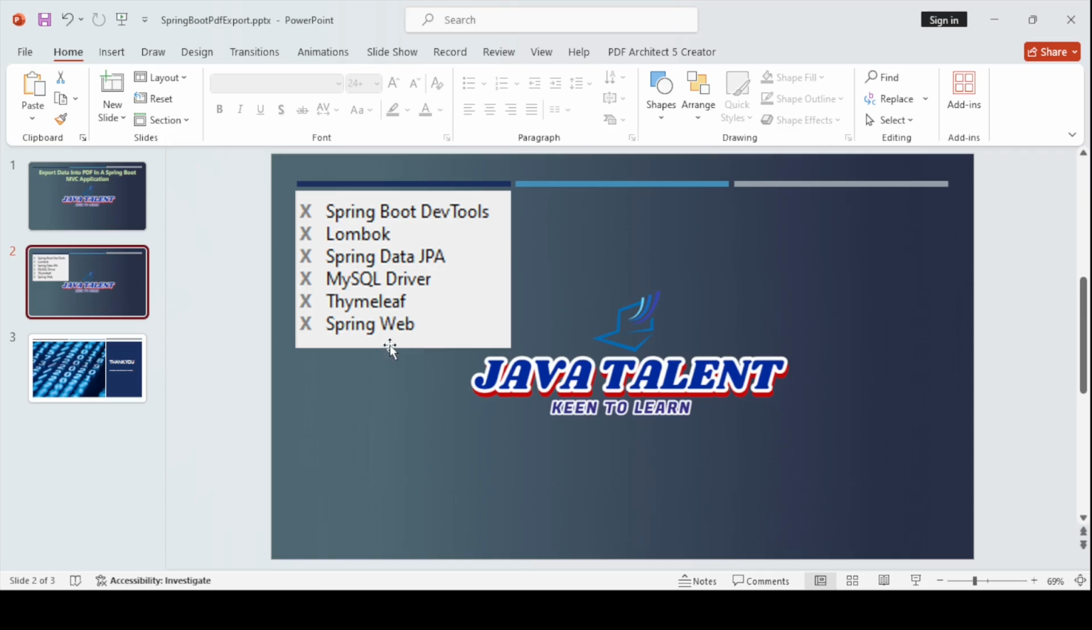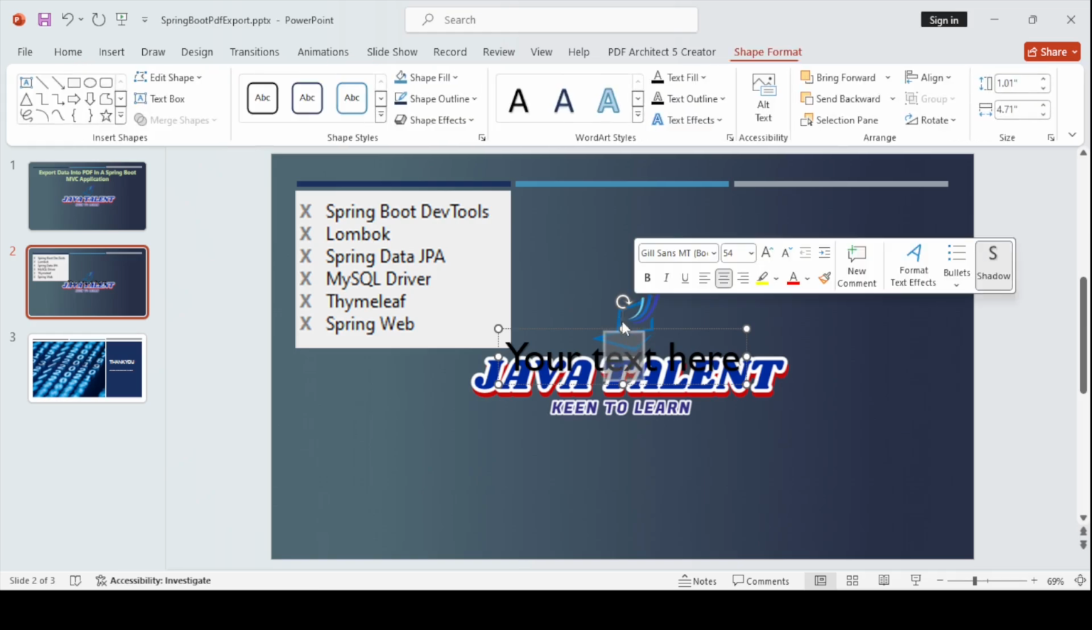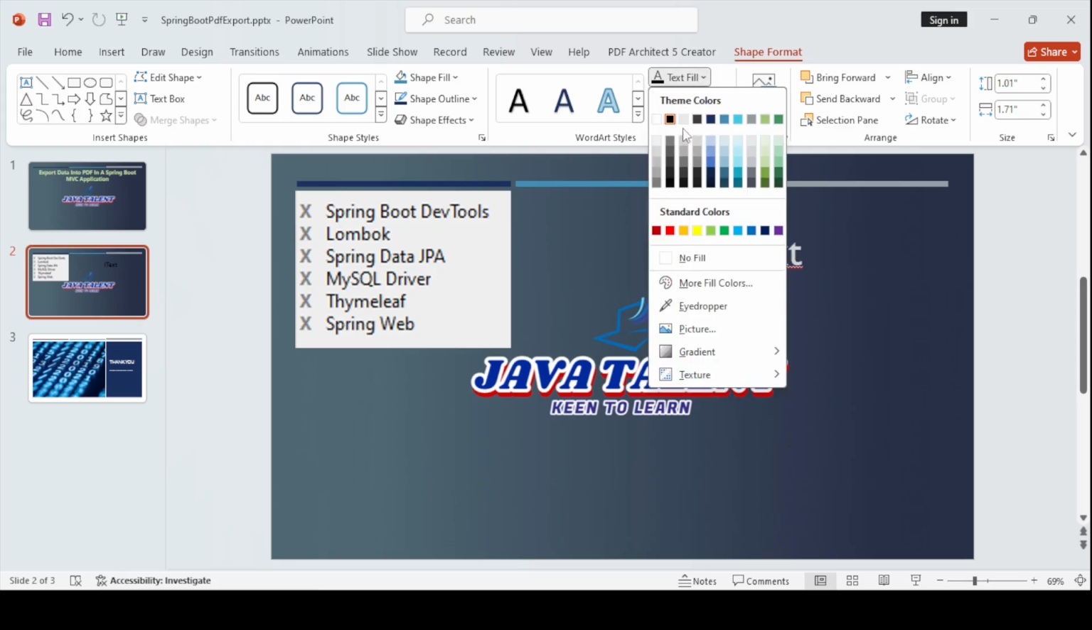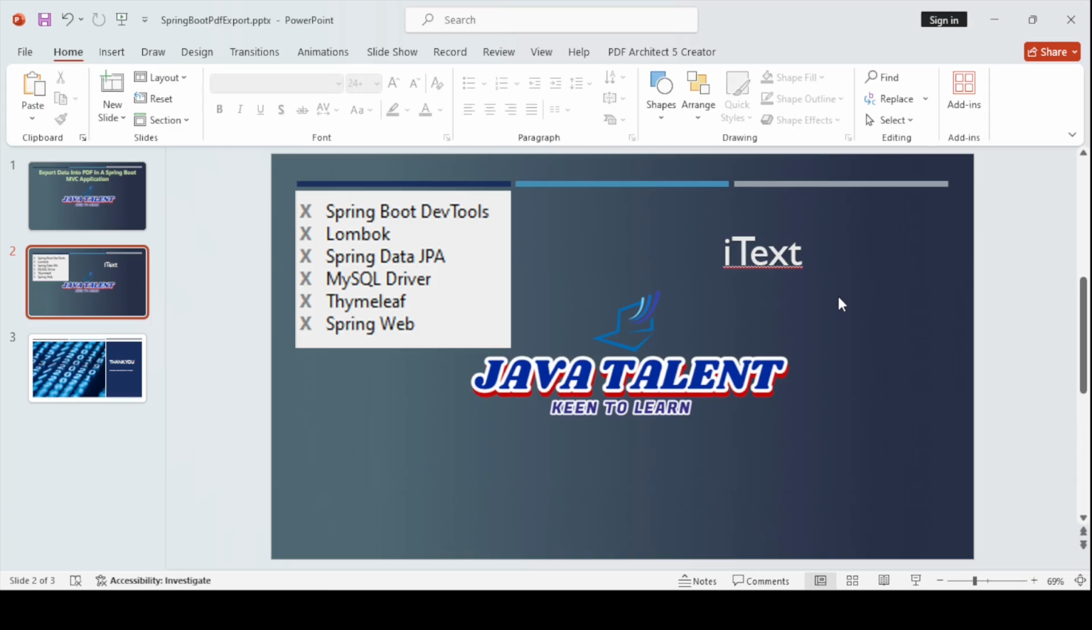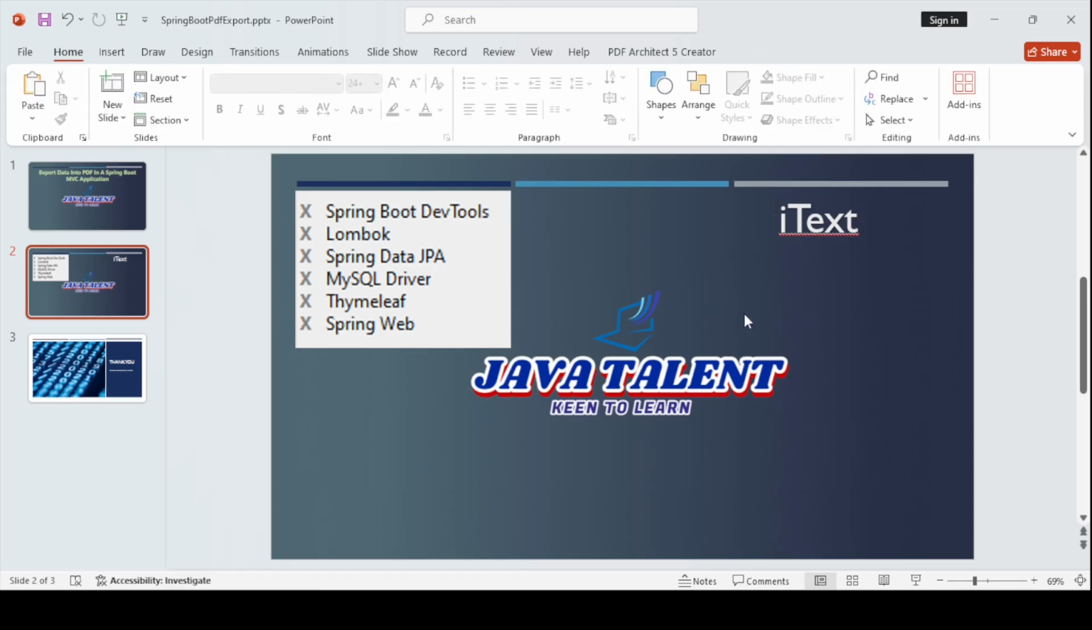Before that, if I want to generate the PDF file, I need to add some dependencies. I'm going to use iText, so let me write that here. This is the dependency I am going to use for this lecture. Make sure the dependency version you use is compatible. I will let you know which version I'm going to use, and you can simply get it from